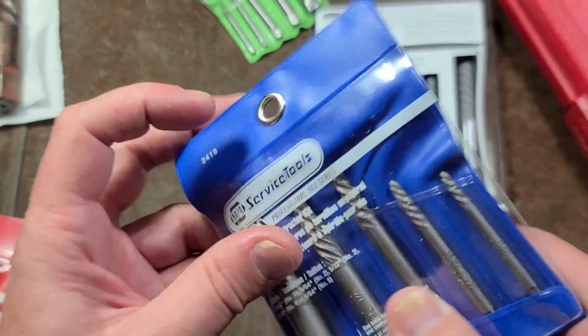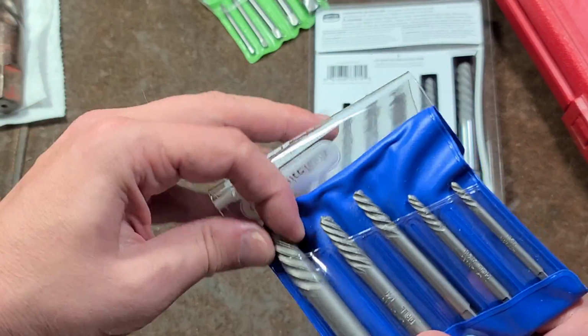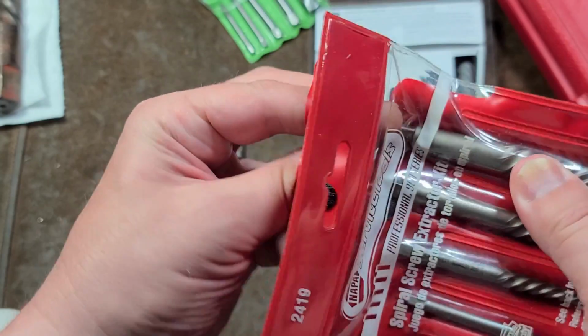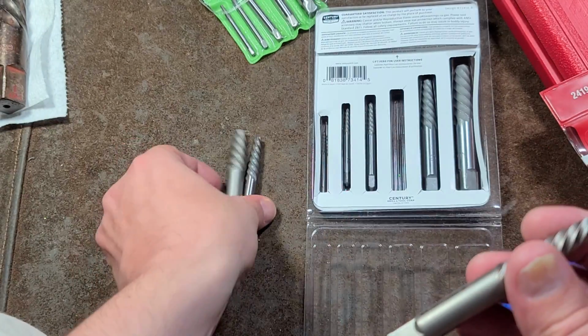Comparing, I have this Napa Taiwanese series set. We'll compare the number 5 out of it. I also have the much older Napa American-made set. And we'll take a look at it too. So if we compare...